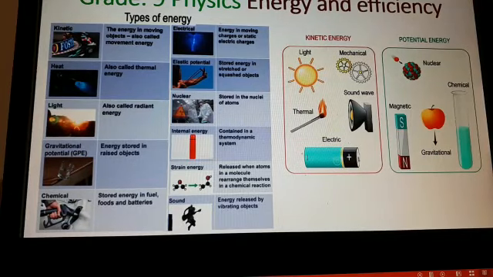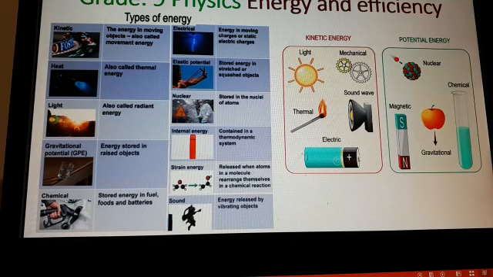This is grade 9 physics, topic energy, efficiency and power. With this video, I am going to give a short explanation about energy, efficiency and power. In the last video I explained what work is, how to calculate work, and the definition of energy, and then the two main types of energy, kinetic energy and potential energy. I think all of you watched that one and understood it.